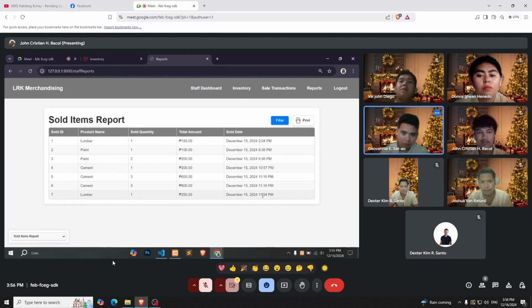Then generate the report. Then print the filtered data, optional.